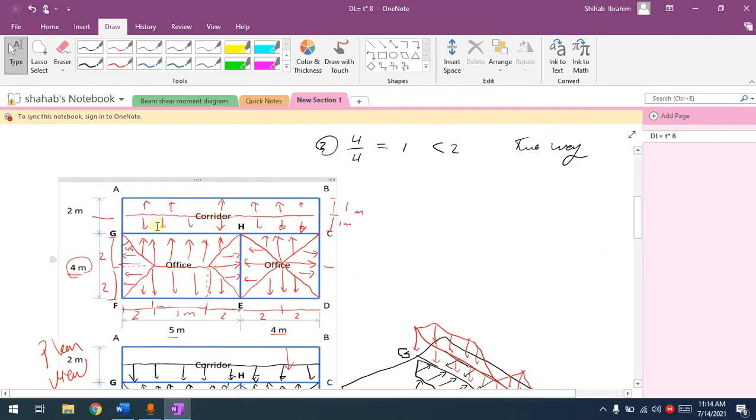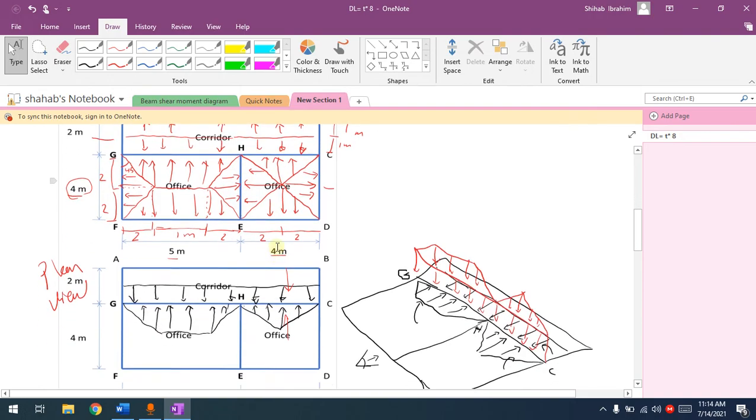Why? Because everything starts from here. Now you can take any beam and draw the distribution. For AG, there is no load going to AG because there are no arrows pointing to AG, and the same thing, BC will not take any load directly from the slab. You can do EH. And by the way, there's something else I haven't finished yet, sorry, still one remains, because for GHC,